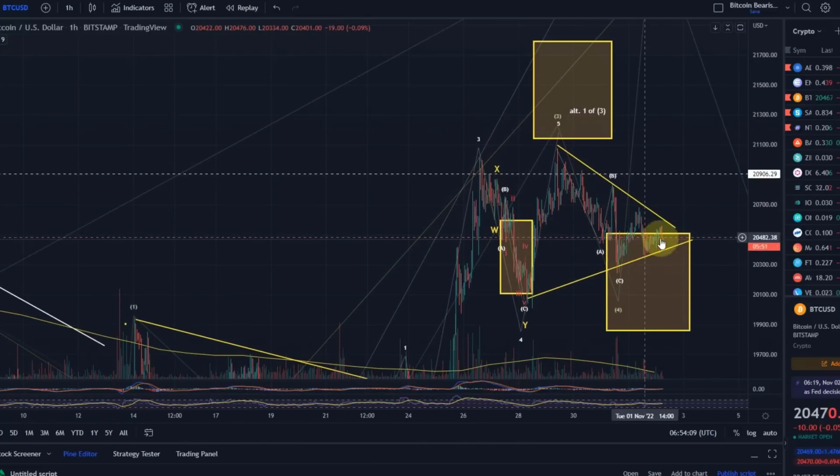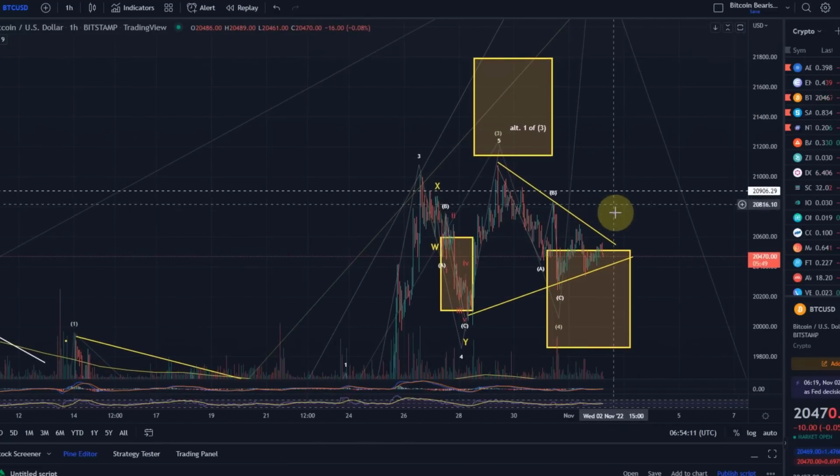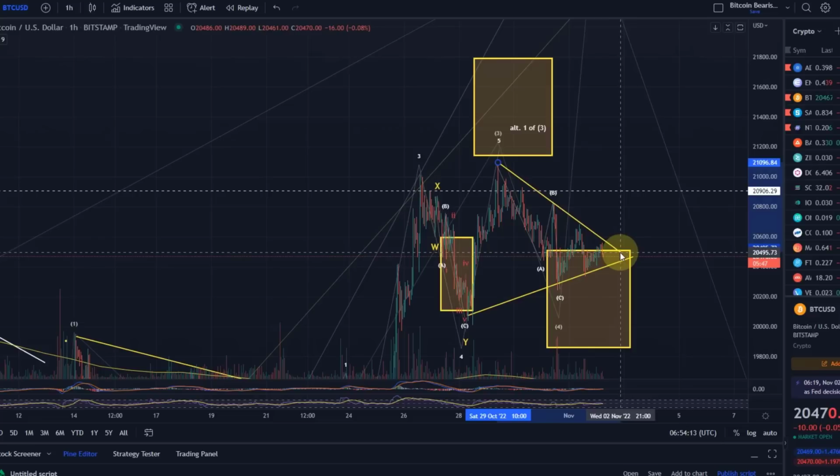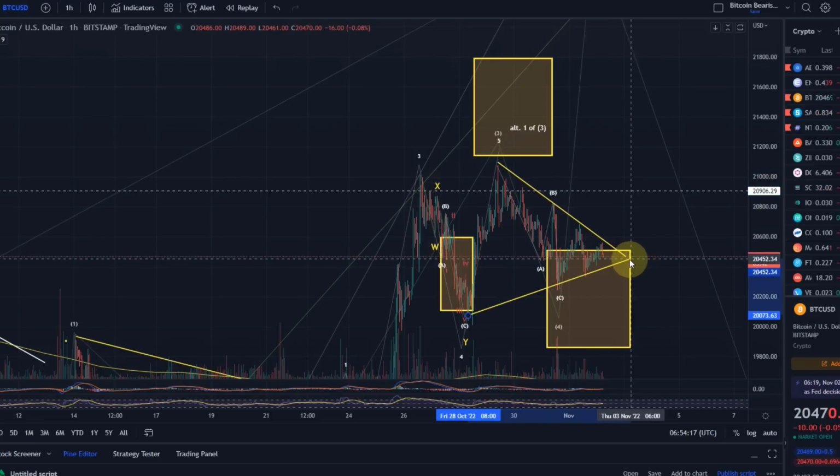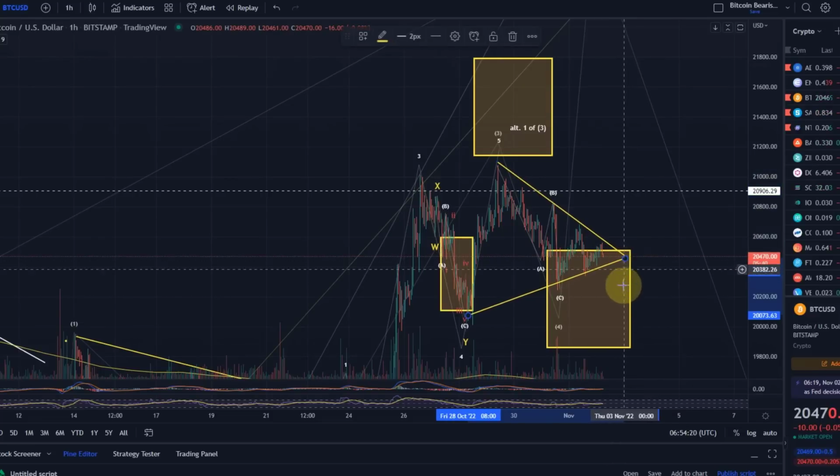I think probably a bit of further sideways action until we break out of the triangle anyway. But be aware of the triangle shape here. Be aware that the price is getting compressed. Be aware that whenever that happens, there will usually be a volatile move that breaks the pattern, and there would be an ideal catalyst today with the interest rate decision. And yeah, short-term upside in the bullish scenario is possible.